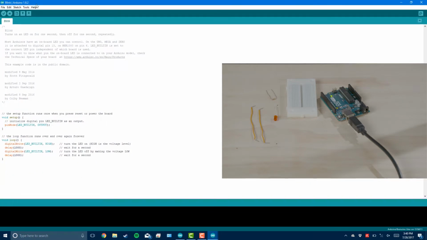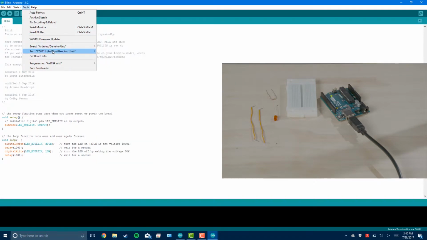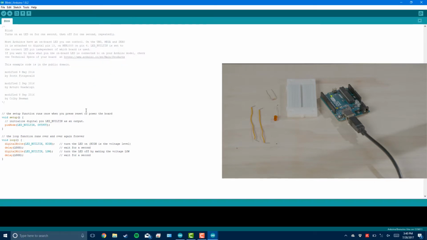Pull this up. Good thing to do is go to Tools first and make sure that the port is the correct one. So I'm using the correct one so we can continue. You can read through it, but what this is doing is that we're calling the built-in LED, and we're going to be turning it on